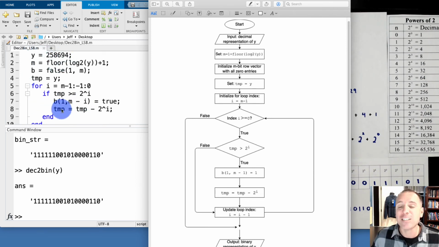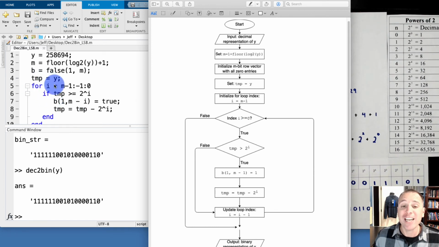If I write this as a function rather than a script file, I might not actually go that far because of what we call global versus local variables. But because this is a script file, I'm going to use that temp variable as associated. This is where we dropped into the for loop, and our for loop allowed us to check all powers of 2 starting at m-1 and going down to 0. So we initialized the for loop index at m-1.